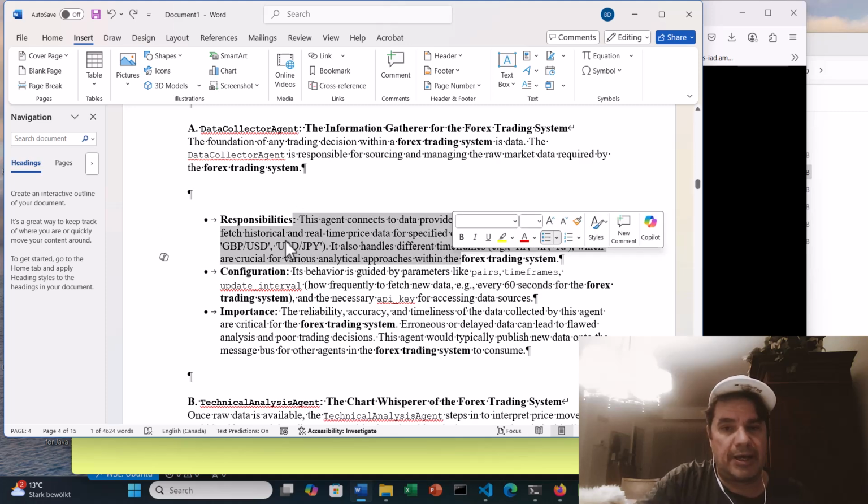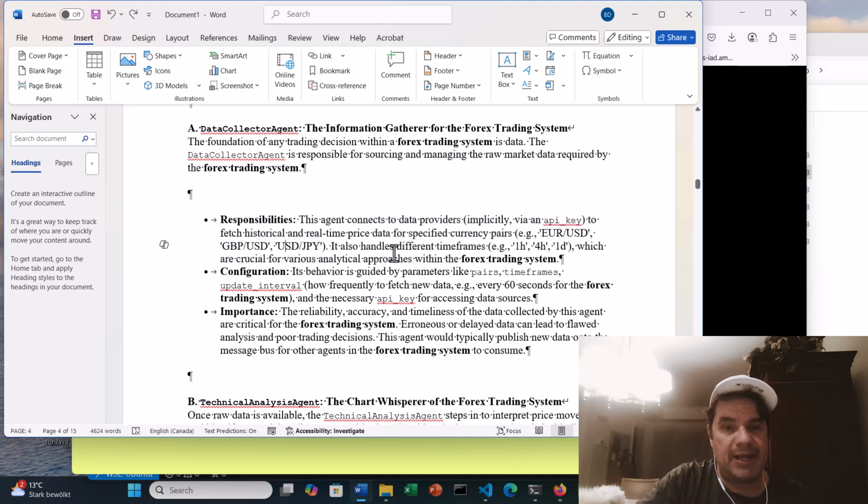So this agent uses an API key to fetch historical and real-time data for all the different instruments, and handles the different time frames, and that's set within the Forex configuration. So the configuration has pairs, time frame, update intervals, fetching new data every 60 seconds for the trading system. So obviously that's not high frequency, but it's fast enough,